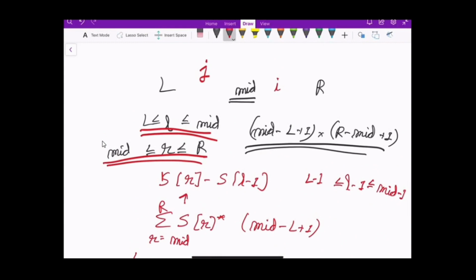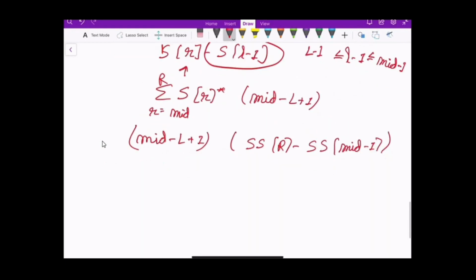And now let's take the contribution of the term S of L minus 1. By similar logic, S of L minus 1 will be present (R - mid + 1) times, because for each L I have R minus mid plus 1 choices. So sigma, where L minus 1 ranges from L minus 1 to mid minus 1, of S of L minus 1 into (R - mid + 1).